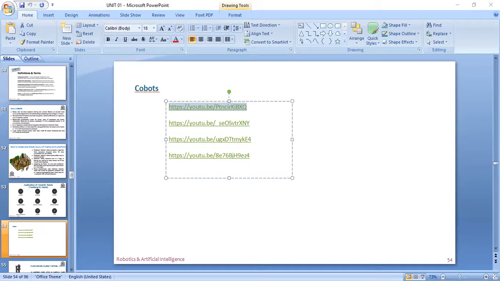Hello, whether screen is visible? Anyone can tell? Sunil, screen is visible? Yes, sir, visible.